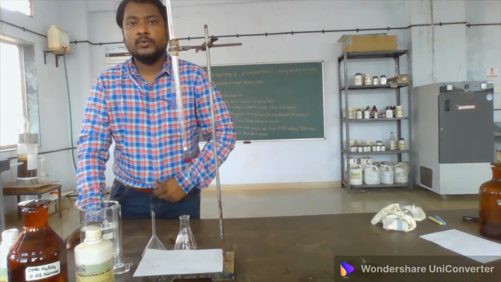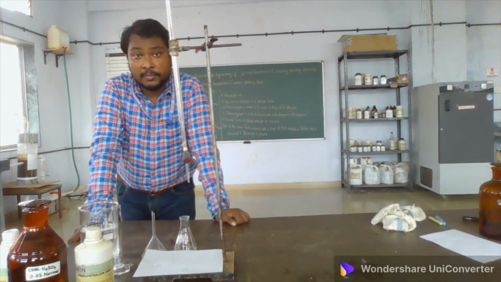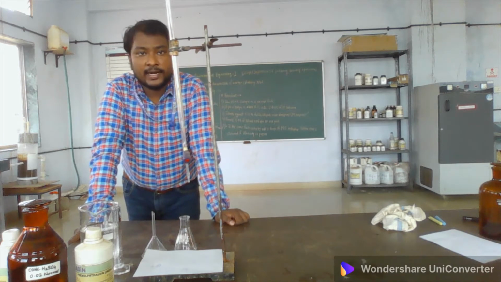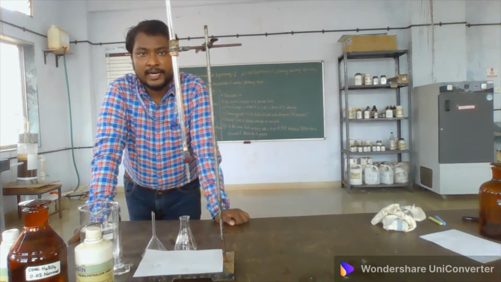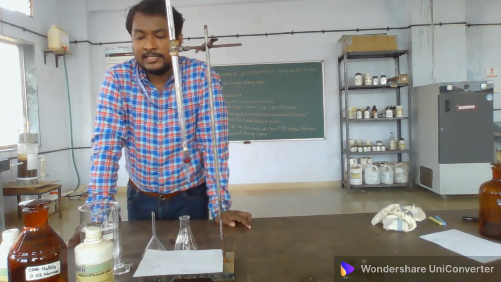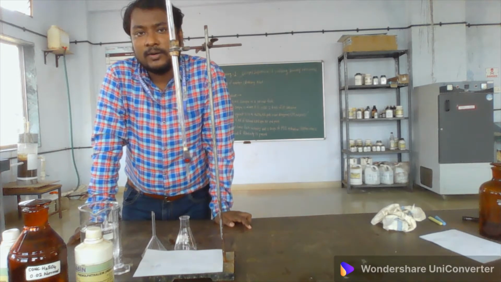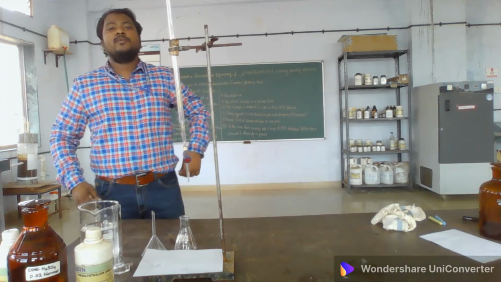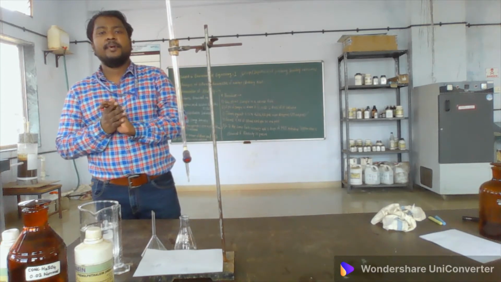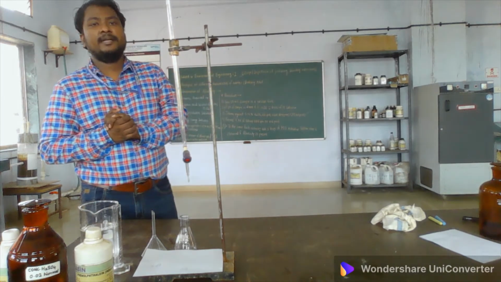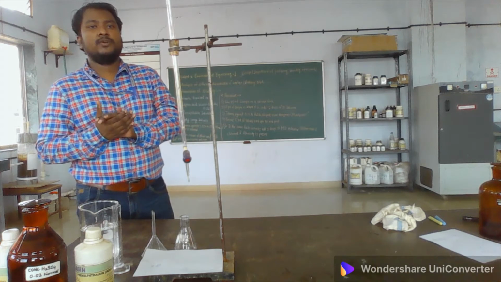Now I have introduced to you, with the help of actual demonstration, what reagents and indicators are required to perform the experiment, and I have explained what apparatus is required. Let us see directly the demonstration of this experiment. As per step number 1, take 25 ml of sample in a conical flask, and you have to use that sample to further do the titration.